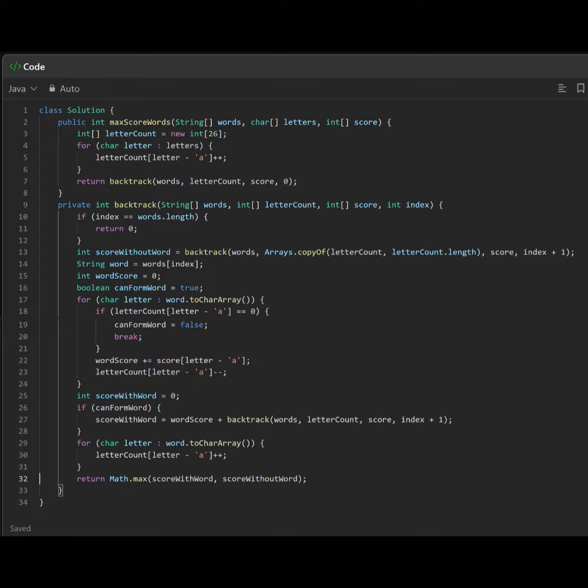If it is possible to form the current word, the function calculates the score of the word by adding up the scores of the individual letters in the word. Then, it subtracts the frequency of each letter in the word from the letterCount array to simulate using up those letters. Next, the function calls itself recursively with index plus 1 as the new index to calculate the maximum